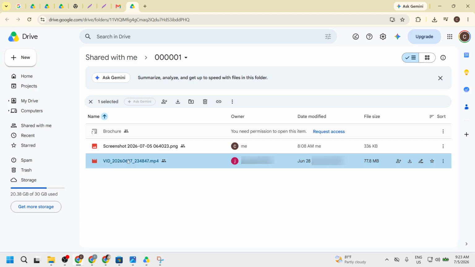Now select the video. To do this, click on the video's thumbnail or its name once. You will see the video get highlighted, indicating that it is selected. This action is necessary because it tells Google Drive that this is the file you want to interact with. Selecting the correct video is a simple yet vital step in ensuring that you proceed with the right file in